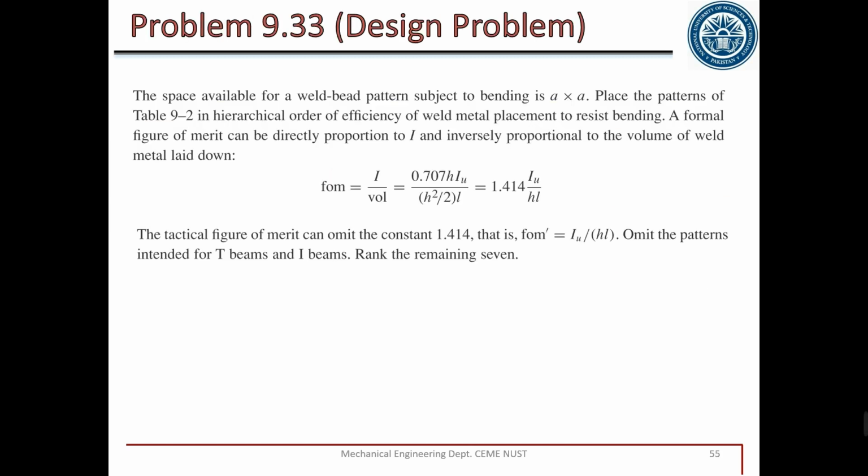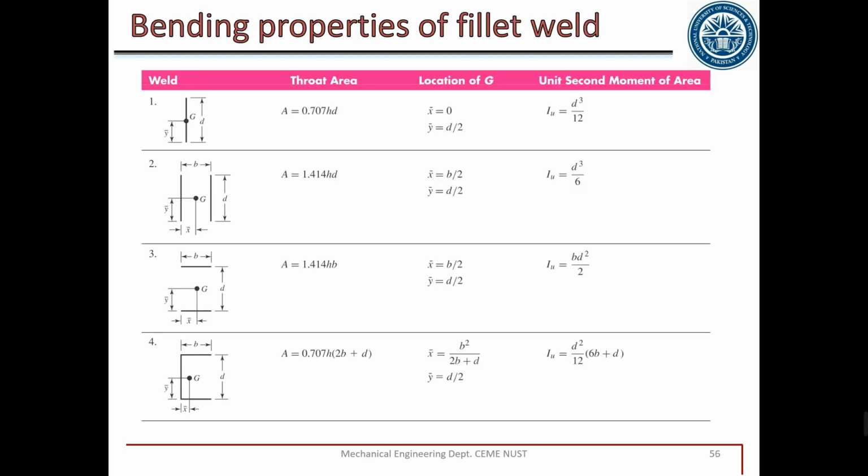The same goes for bending. In bending as well, we have a figure of merit, Iu by hl, exactly the same. We have an area of A cross A. We have an option to put all the welds, again using exactly the same method, substituting the value to calculate the figure of merit. You can do this yourself as well. The value of the first is 0.833 C, the value of FOM prime. The value for the second figure is